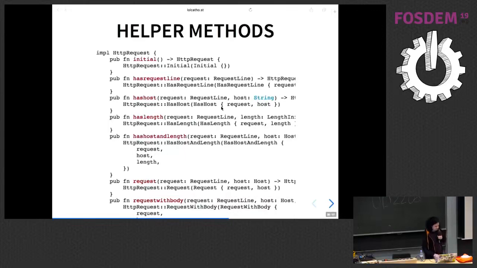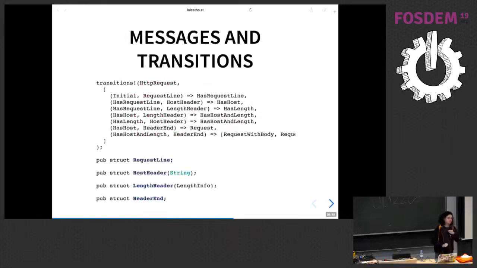And then, from there, you already have a lot of things to use, but you want to specify transitions. So I have another procedural macro for that, where I specify the first state, the message, and the outside state. And for some transitions, I can even have multiple outside states, because sometimes there are still conditions inside the message, like if this value is that, I want to be in that state. If this value is that, I want to be in that other one.